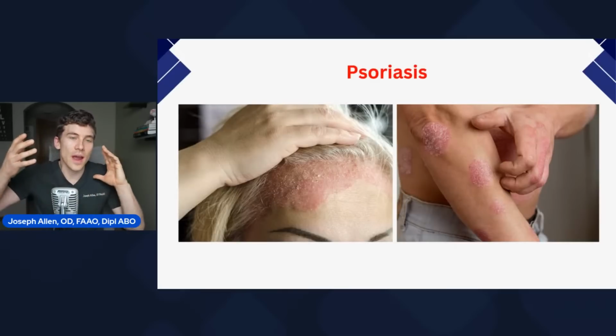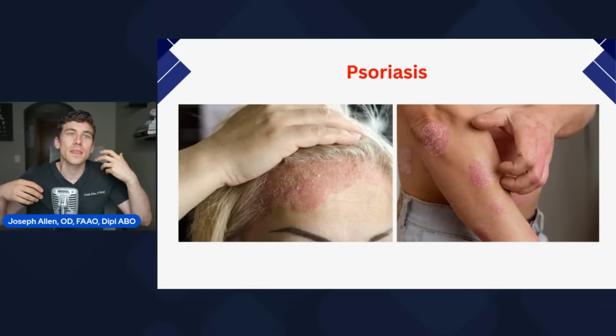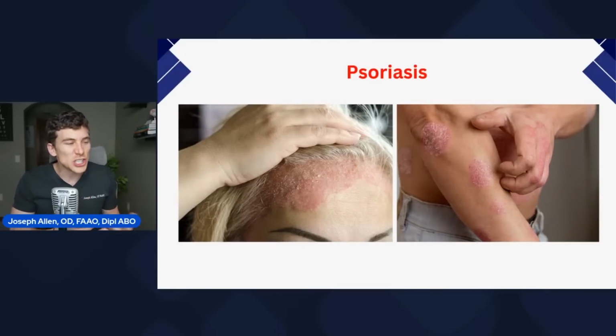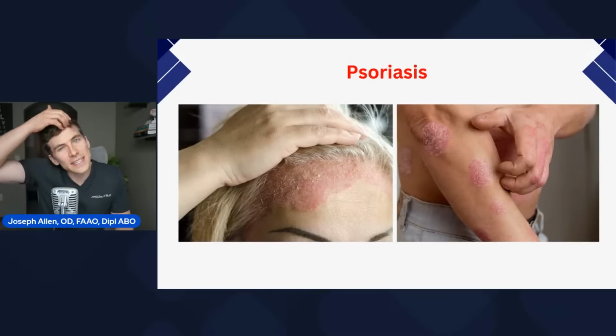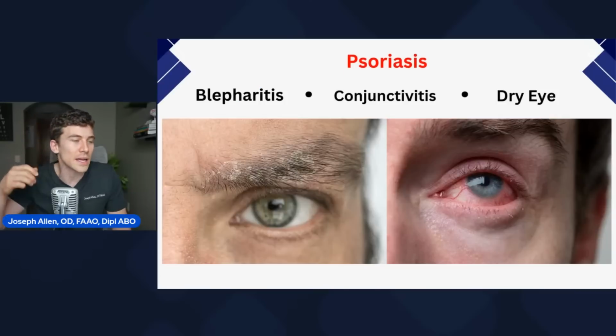Psoriasis is where you have autoimmune attacking basically your skin, and your skin goes through a faster life cycle. It ends up being really itchy, irritated. It comes in these patchy, scaly spots, and oftentimes I see it right on the hairline for a lot of patients. And you can imagine if you're getting these dry, scaly patches around the hairline, it can also affect your eyelids and the eyebrow here.